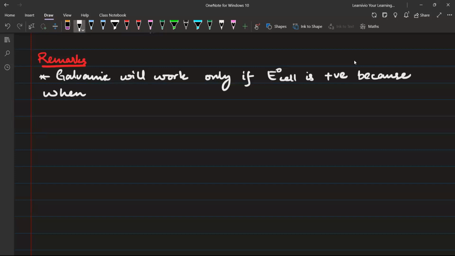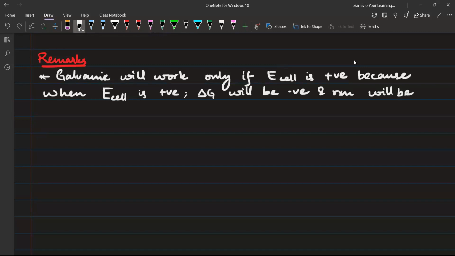In general, when E cell is positive, delta G will be negative, and the reaction will be spontaneous. Reaction will be spontaneous. Another point,